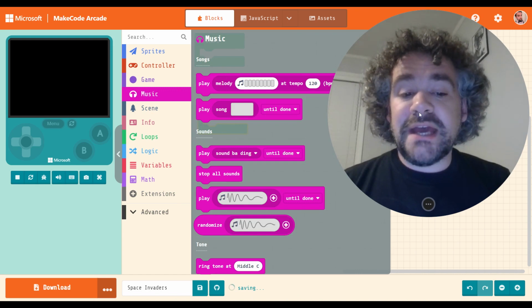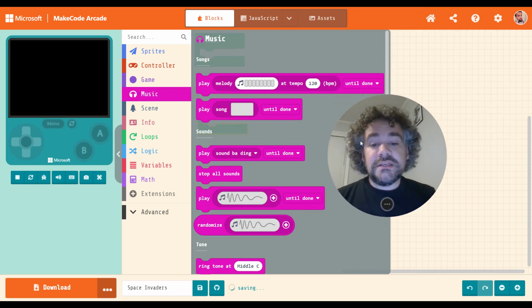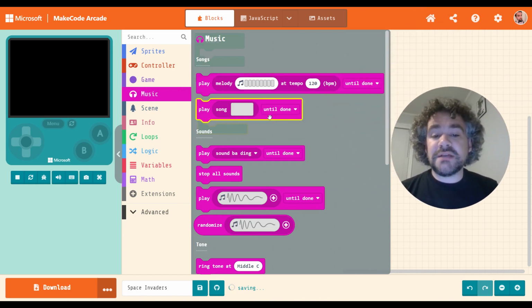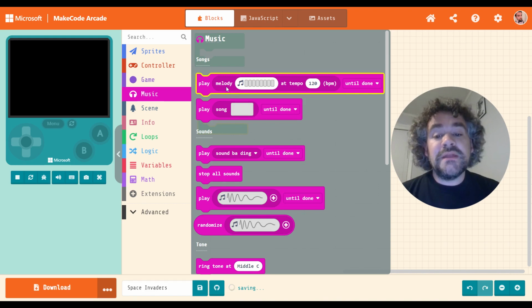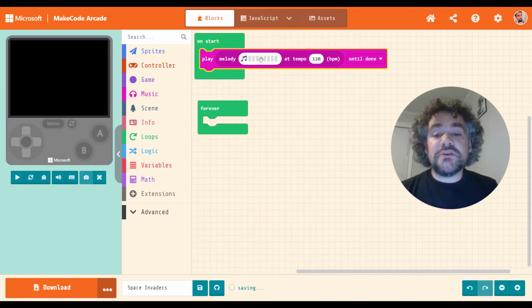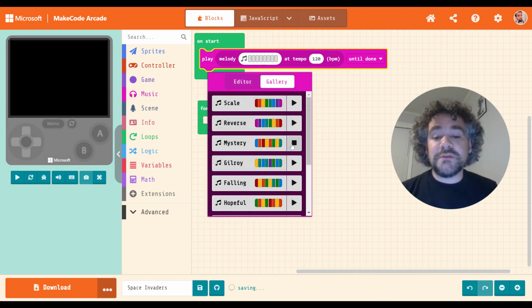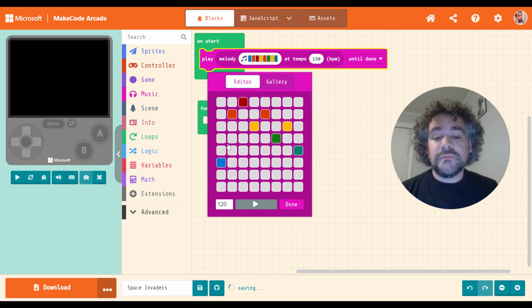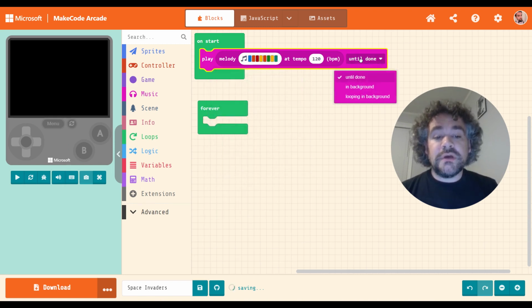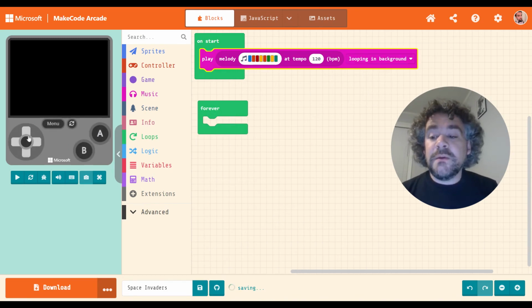I've shown you guys in the past these two music blocks here, right? So this one is for writing your own music in a very detailed way, and you can write it as long as you want to. And the melody block is for short, simple melodies. So if I was to put this in the on start, I could create a simple melody or use one from the gallery like this one. And I could choose until done in background or looping in background. So looping in background works fine, but